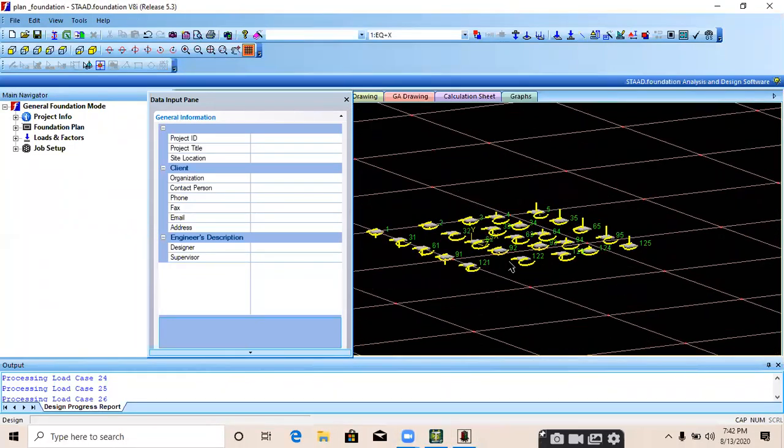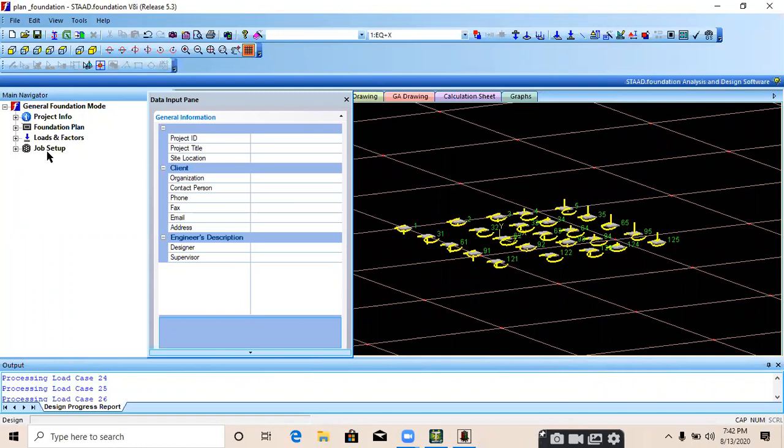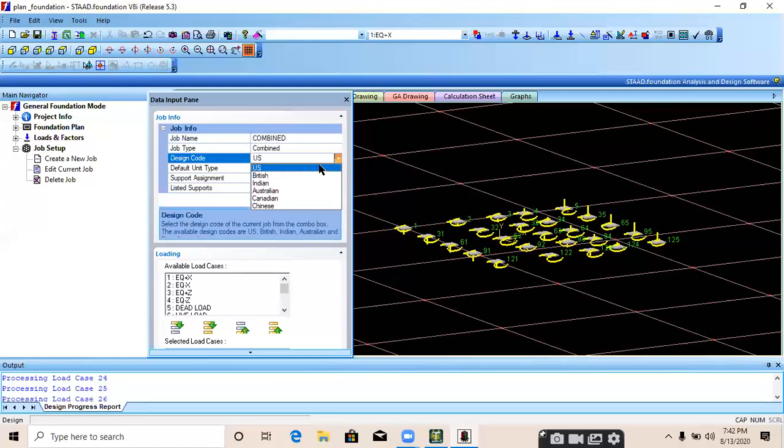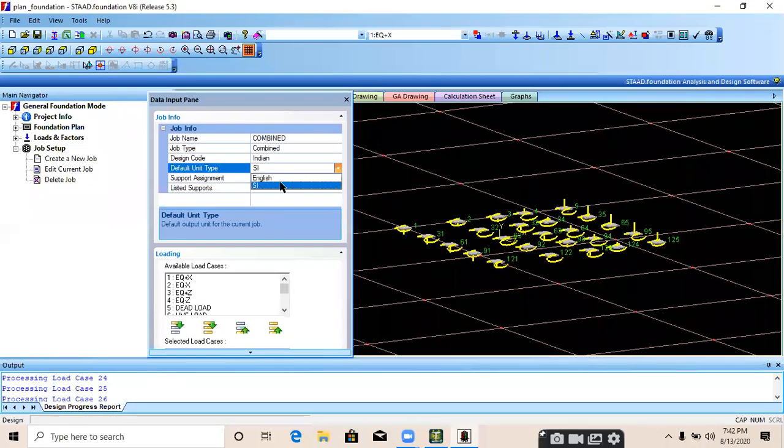Zoom it. Go to job setup, click on that plus sign, create a new job and provide job name as combine. Job type will be combined here. Design code is Indian. Default unit type SI unit. Assign to all support.